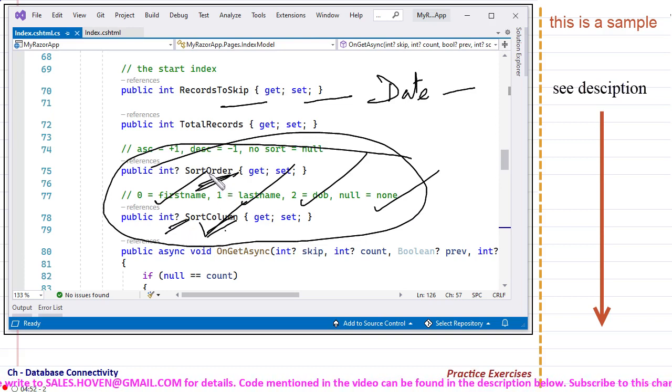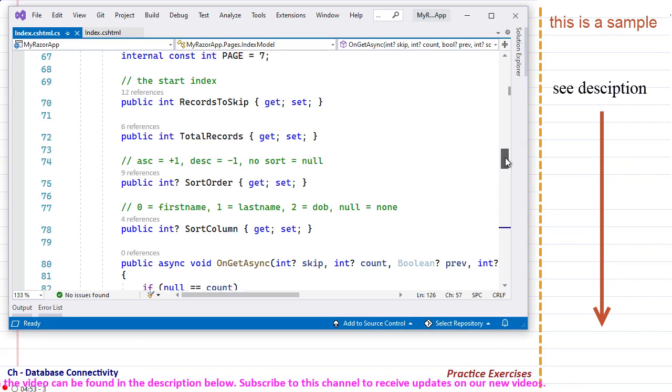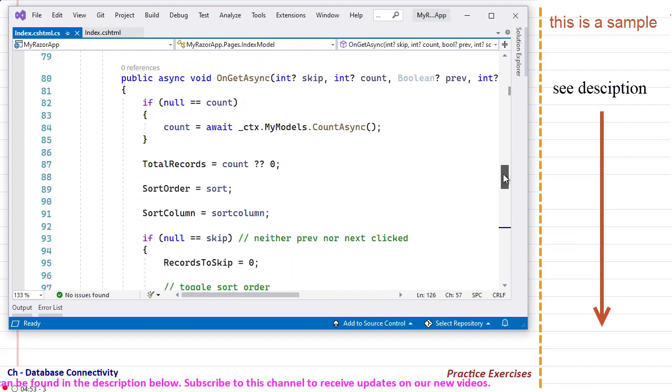Similarly, for sort order, we can write +1 as ascending, -1 as descending, and no sort means null. So this is an internal convention or internal rule that we can maintain. And after this, when the